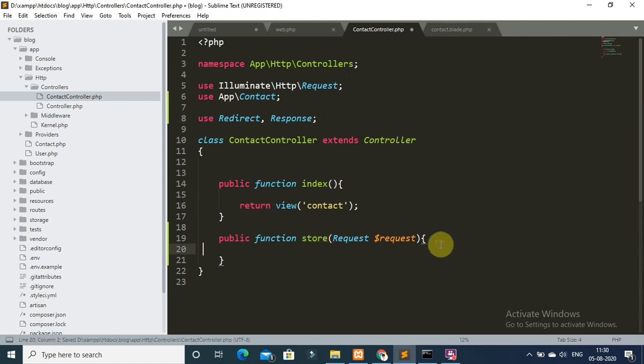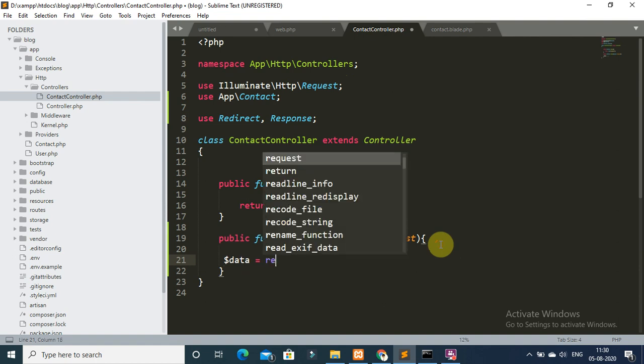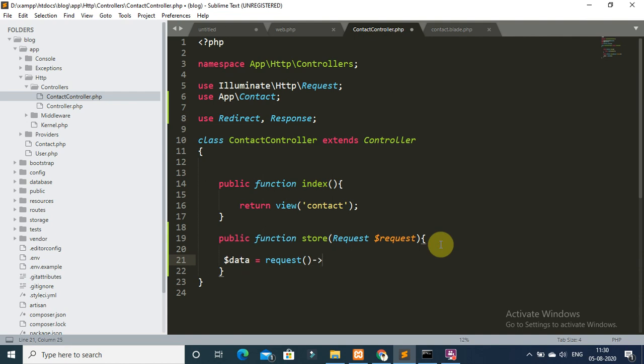Now inside your store method, get the form data. So $data equals request validate function, close, and validate each form field.